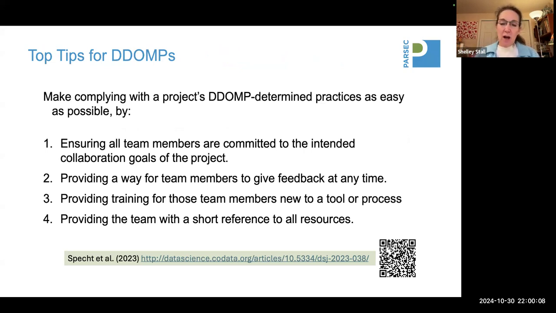There's a paper about how we wrote the data and digital object management workbook. In that paper, Allison led that project, and that QR code is right there. And in the paper, you're going to find these top tips. And I want you to note that they're all people-oriented. Doing something new, maintaining documentation, and ensuring everybody's all on the same page and with the same goals and working